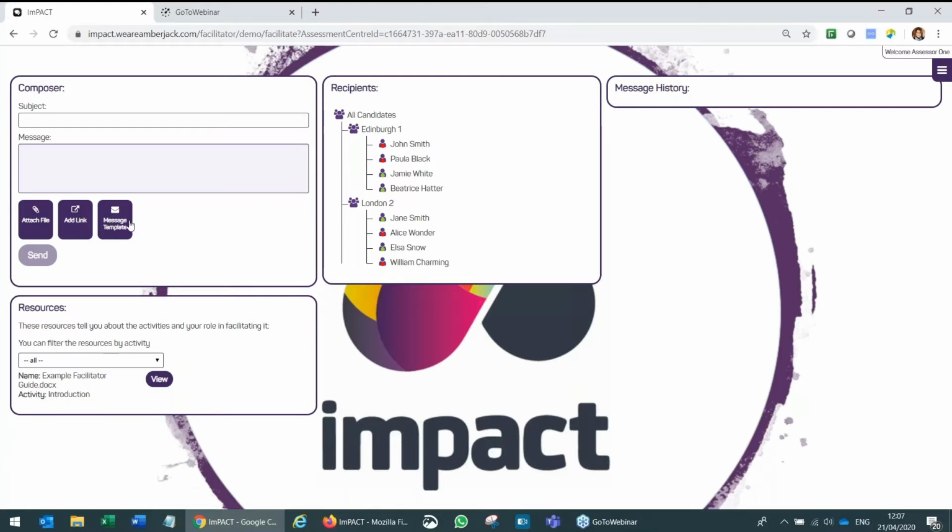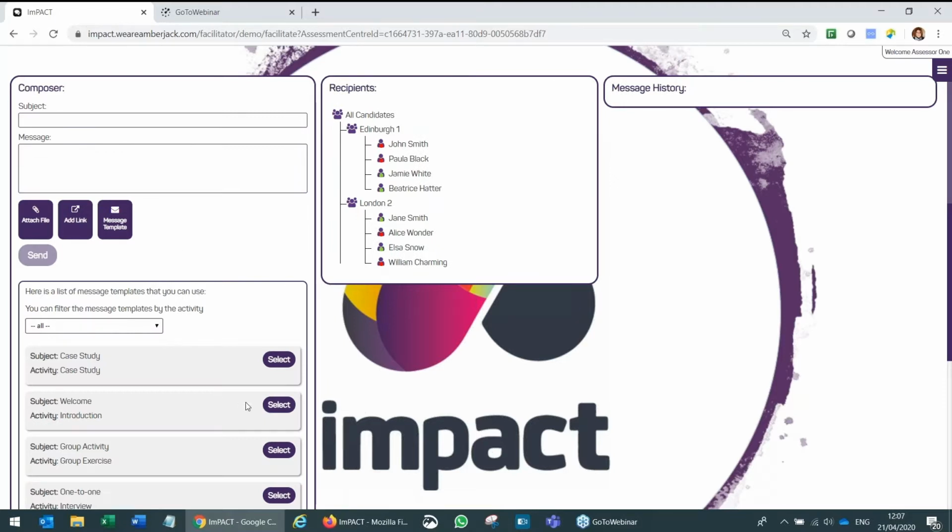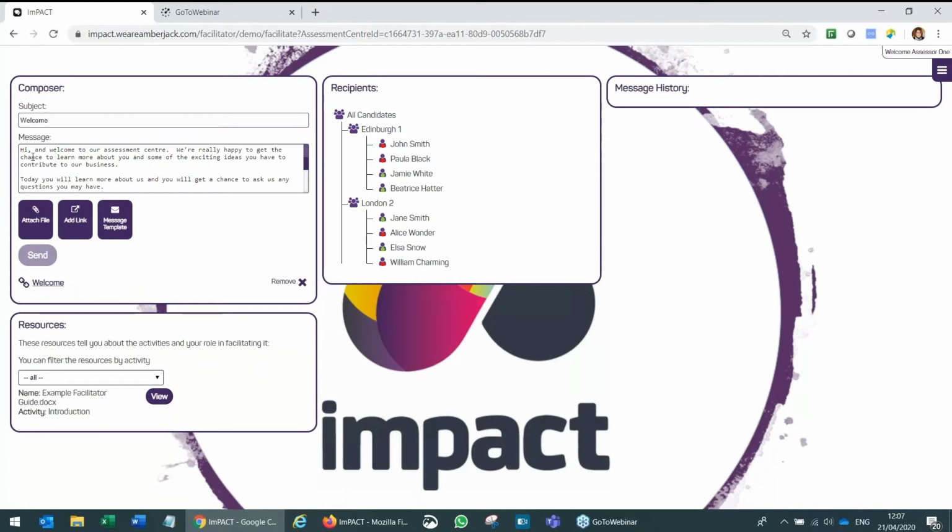Alternatively, you can use what you set up prior to the assessment centre day as your message templates. So it might be that you want to open up the assessment centre with a welcome message. So you just select your welcome message, that will automatically be populated in there. You can then amend anything if you want to change any of the details in that message, but it just